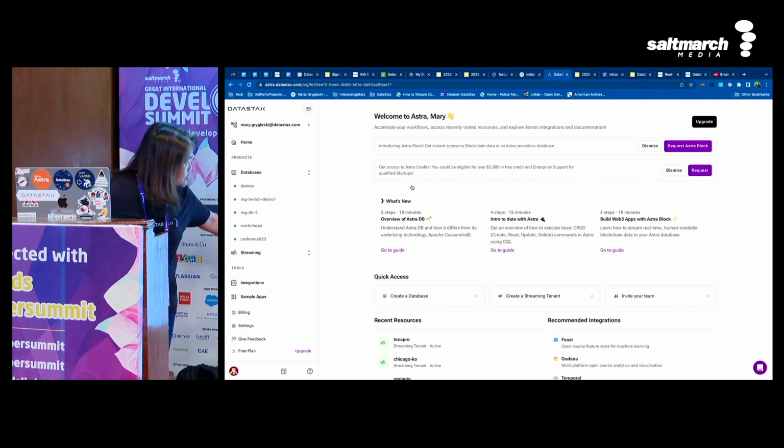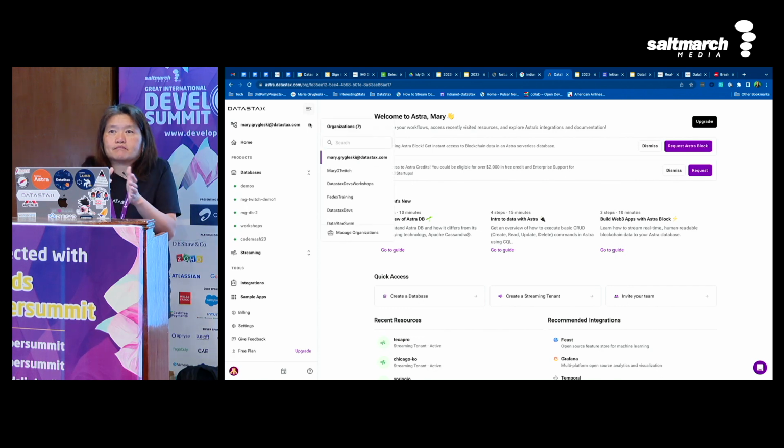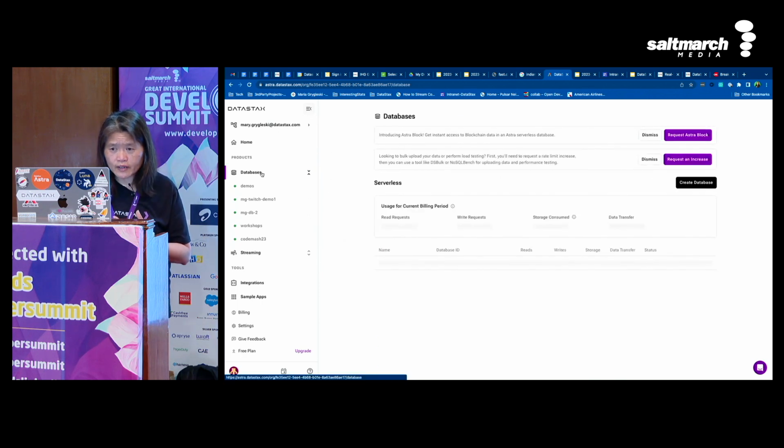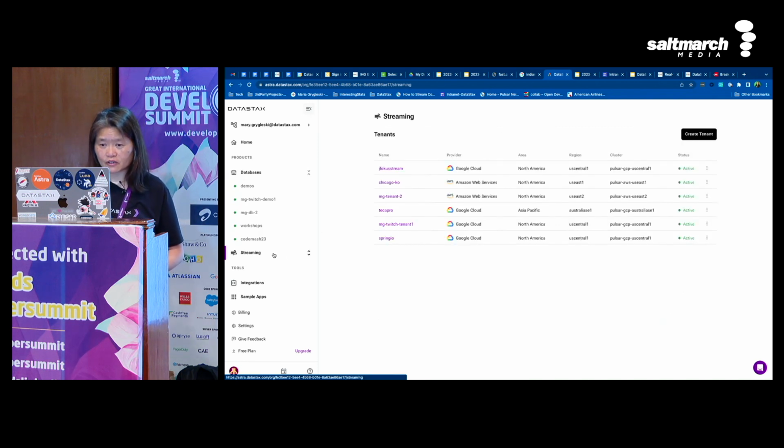I know it's a little harder to see, but on the left side is the column showing you our DataStax options, and you can set up different organizations. Maybe you want to set up different projects, different units of your experimentation. You can do it in there, which is very nice. And then you can have a database. If you want to play around with Cassandra, you can create a database as easily as giving a few things like your namespace, and boom, your Cassandra database is up. But today we're talking about streaming, so let's go over to streaming.